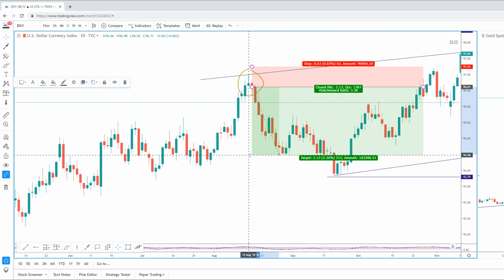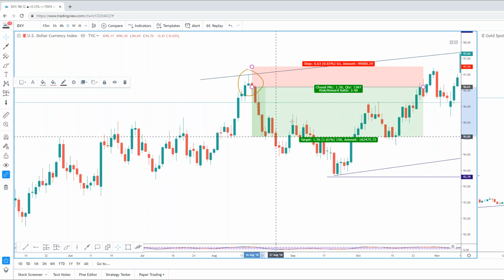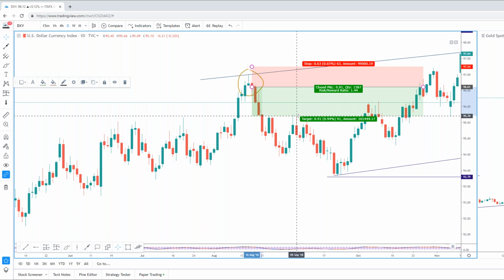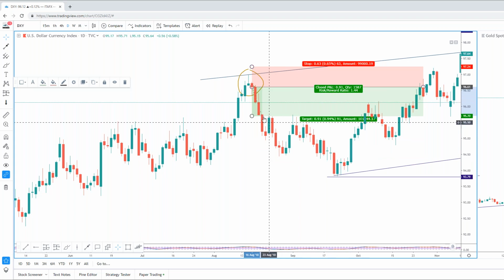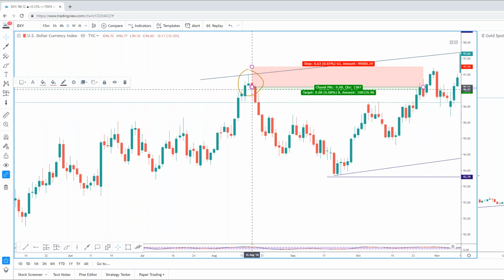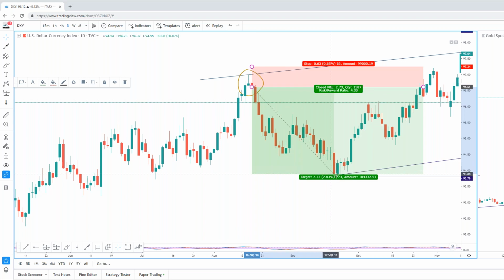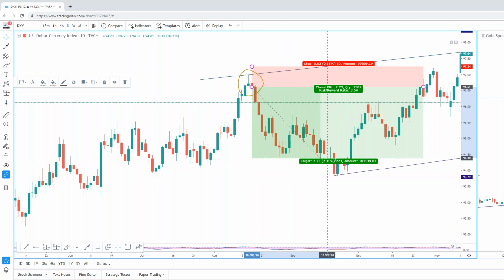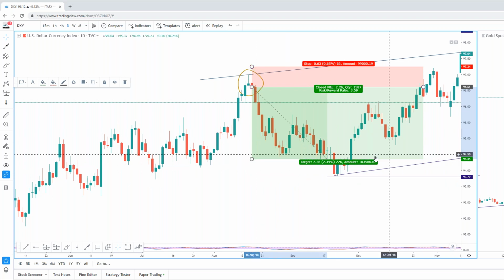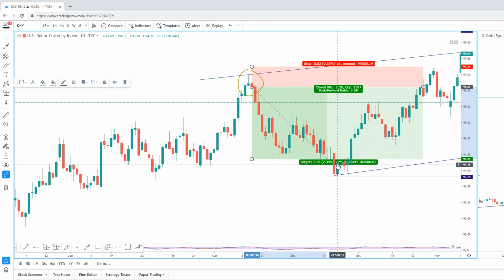Now, we would have potentially had a 3.4% winner. If we trailed our stops, we would have realistically got stopped out for 1.4%. If we were less aggressive, then we would have kept our stop at break even and potentially had the opportunity to capitalize on just over 4.3%. If we didn't take that, then realistically 3.5% is where we would have got taken out based on a manual close after this green candle here signaled that a potential reversal was coming in.